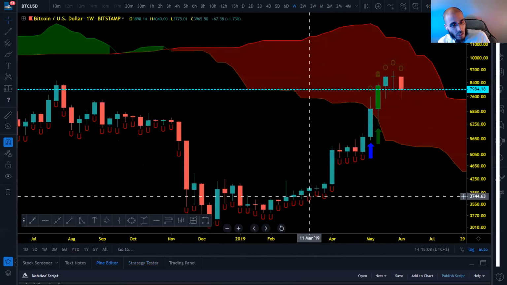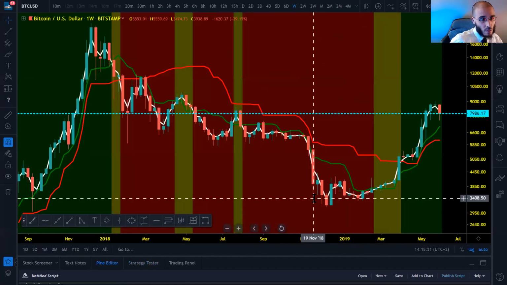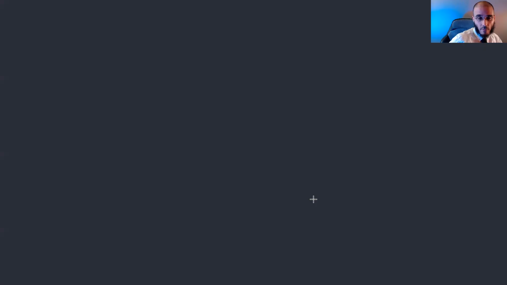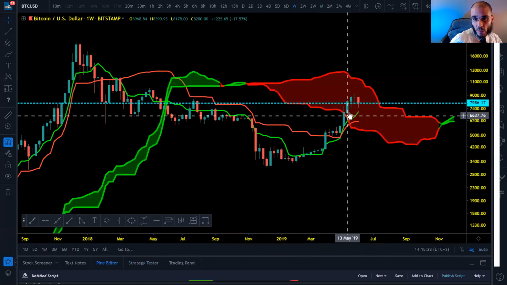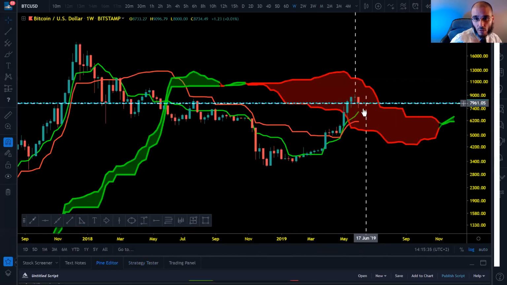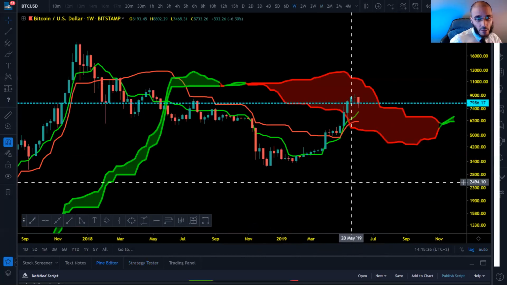Okay, I need to go fast because I have other things to do, unfortunately. So let's try to get through the last indicators really, really fast. This Ichimoku cloud is all positive still. Next one, it's positive because we have crossed. Green is above the red one, but it's negative because we are in the Ichimoku cloud.